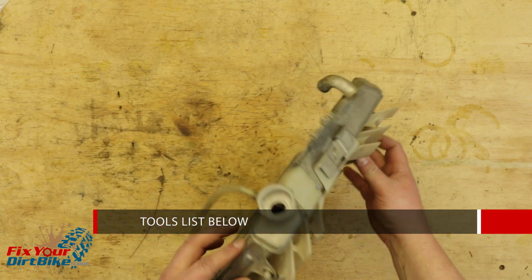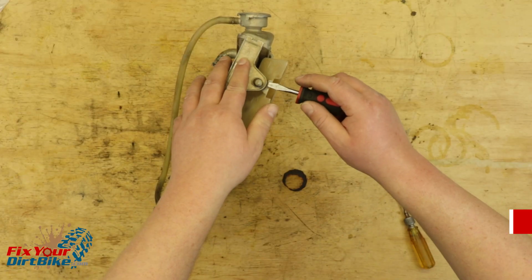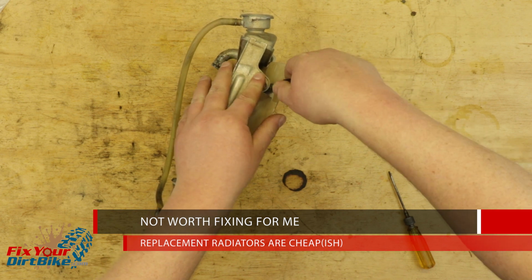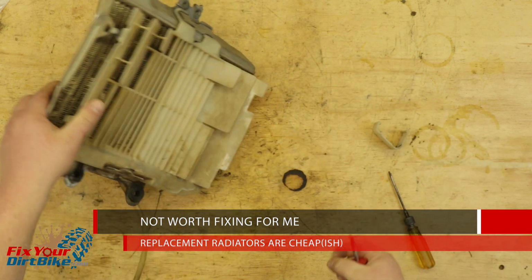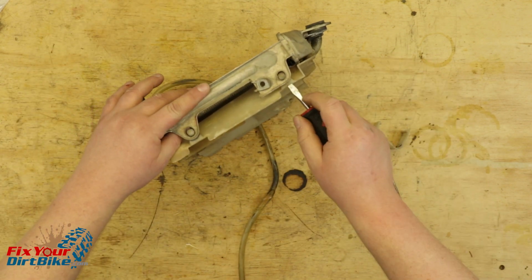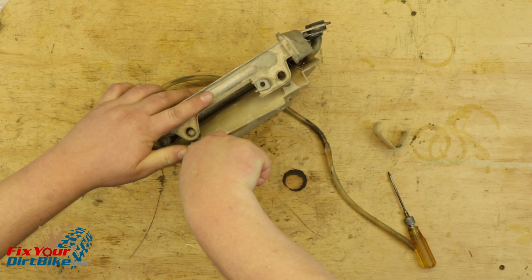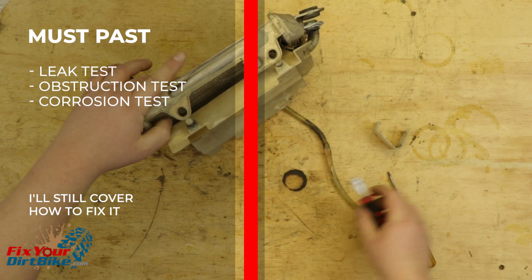My radiator looks halfway to dead but still works, so... Before we begin, this is one of those situations where I'm not going to make much of an effort to fix the part because it's just not worth it for me. I can get an aftermarket radiator with hoses for around $100 and it will be here in 2 days. I'm going to fix the bent tab, test it, then correct the fins. If I find a leak, obstruction, or internal corrosion, I'll just get a new one, but I'll still cover how